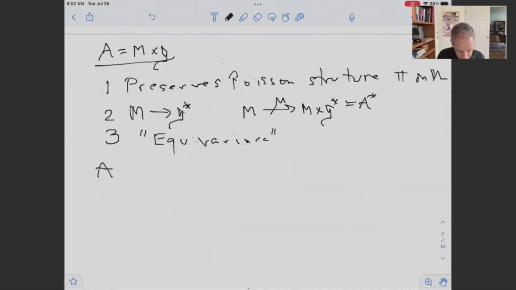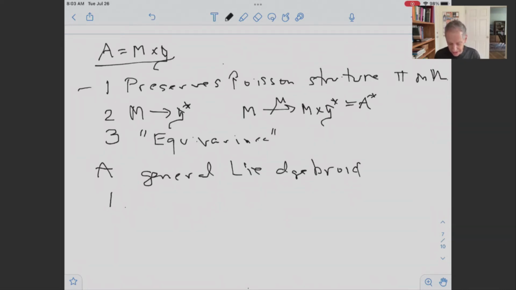Where A is a general Lie algebroid. So we said that the action preserves the Poisson structure, up in the action groupoid case. If the action preserves the Poisson structure, we can interpret that as saying that the constant sections of the